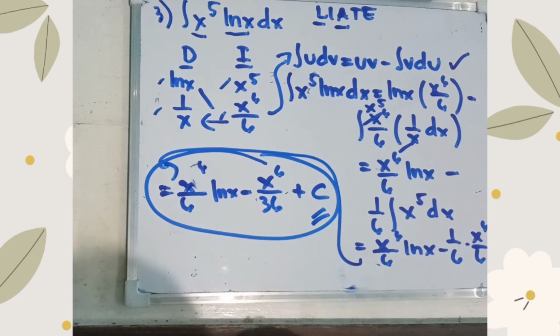So still we went back to using the original method, since the DI or the tabular method cannot be applied. But then again, whenever we have the algebraic function to be our d, then in most cases we will be able to apply the DI or the tabular